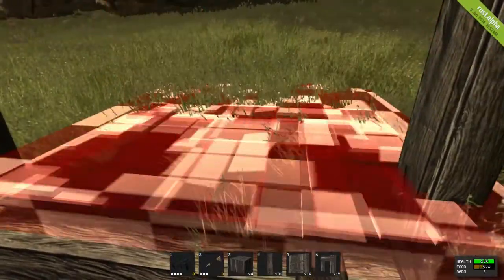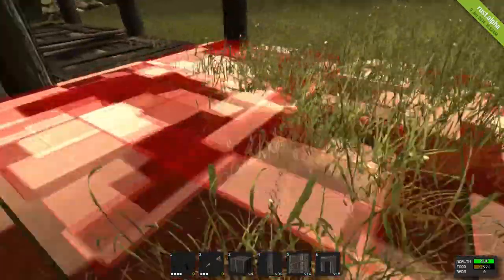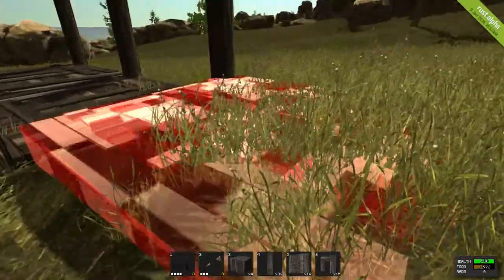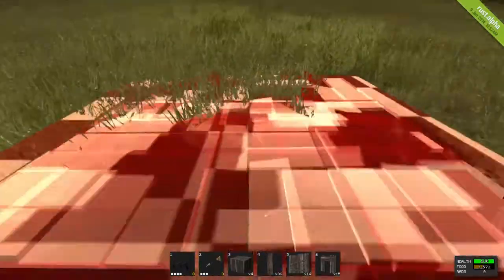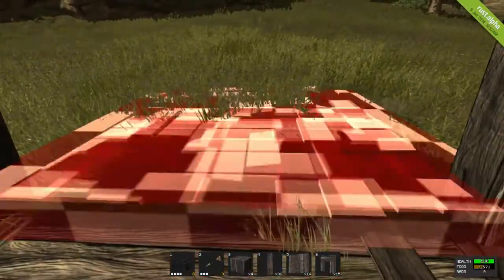Now, I saw a second ago that I couldn't actually put a foundation down right here. So this is probably a good place for a doorway. That way people cannot put a foundation of their own and block your doorway with some other items. This has happened to me and it kind of sucks. But anyway, we're going to go ahead and